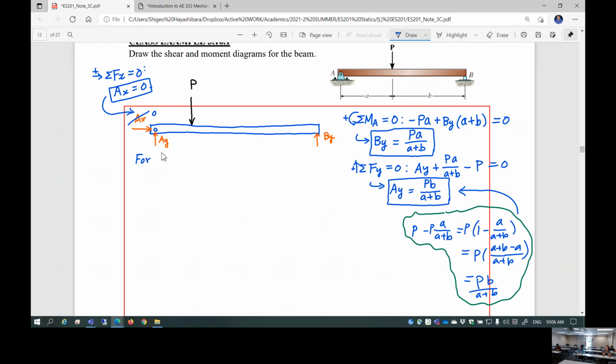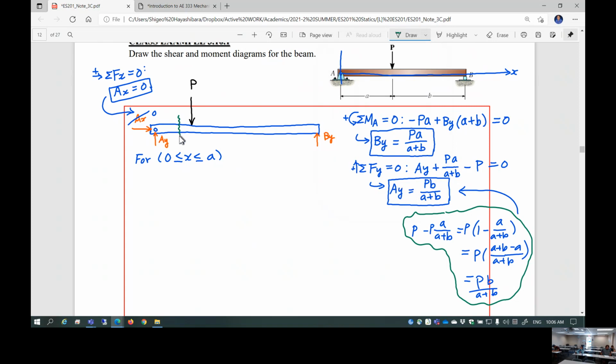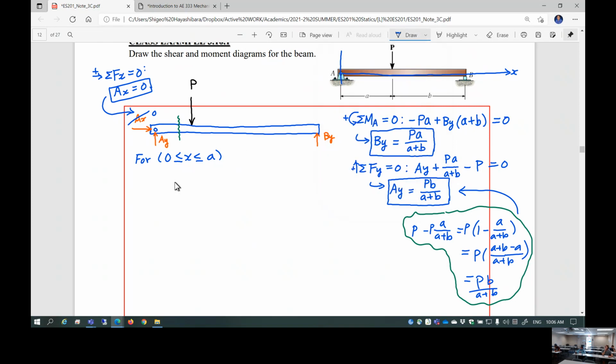So first of all, for the range of this, let's say I'm going to set coordinate. This is x, okay? So if the x range is from 0 to A, I'm going to introduce a cut. That actually represents the internal shear and moment in the range from here all the way to there. So I'm going to cut